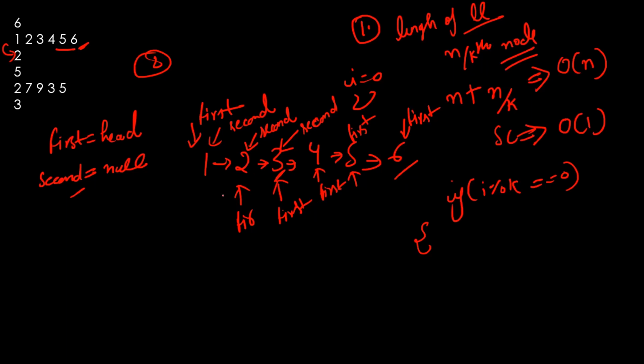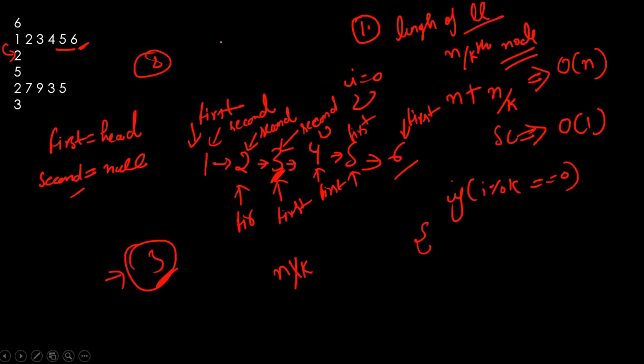Okay, and now you can see after doing the complete traversal of the linked list, our second pointer is pointing to the n by kth node, right? And that's what we need. You can see the second pointer is pointing to what? This 3, the node that has the value 3. So after the complete traversal of the linked list, your second pointer will be pointing to the n by kth node, and that's what we are looking for. So yeah, that was the complete approach. I hope that is clear for you.